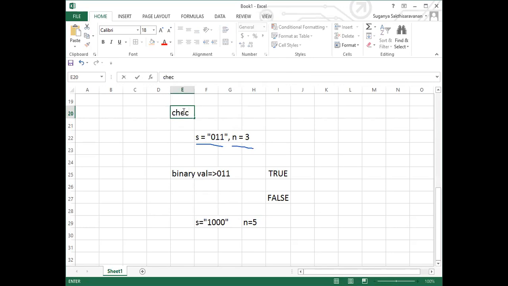Check whether the string is the equivalent binary value for the integer n. Okay, this is your question.